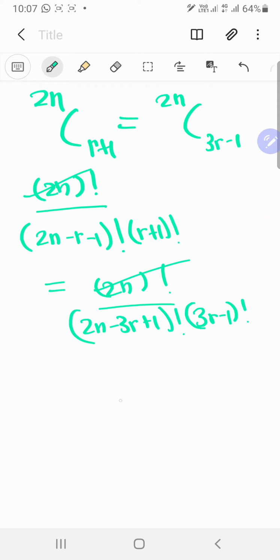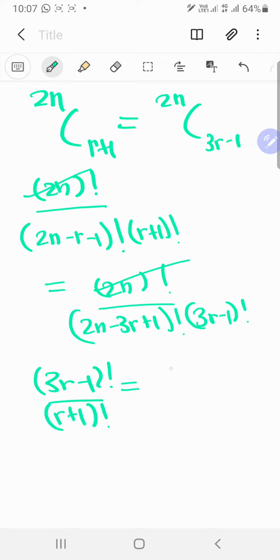And what else do you have? I think you will have this thing, 2n minus 3r plus 1 factorial. Oh, that's actually the smaller value, so maybe we should put that over there. So 3r minus 1 factorial upon r plus 1 factorial